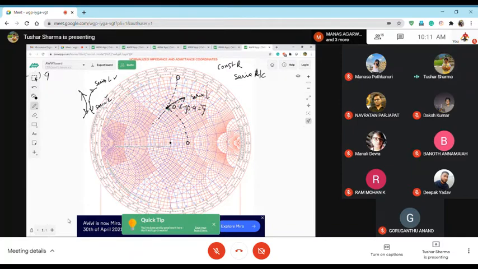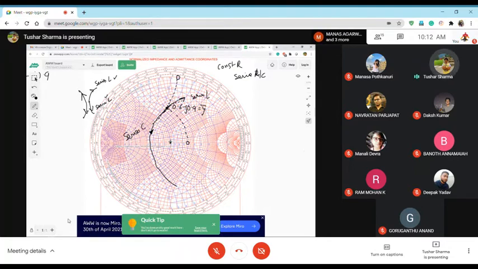So I have to first figure out how will I reach 50 ohms. If I use series C, I can actually go in anti-clockwise direction on a constant R circle. So for example, हम यहाँ से ऐसे जाएंगे constant R circle पे. I can keep going. Okay. So same, I am going in this direction. So this is what direction? This is anti-clockwise direction. So this element will be my series C.